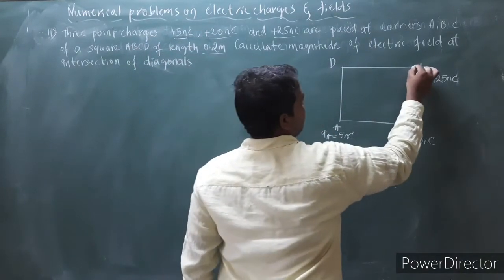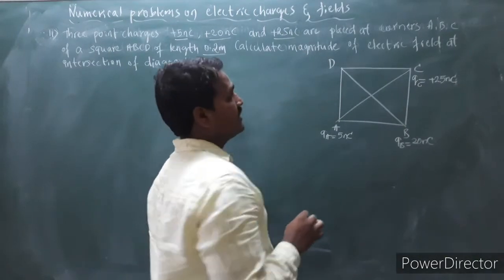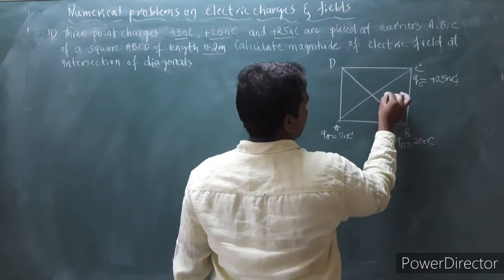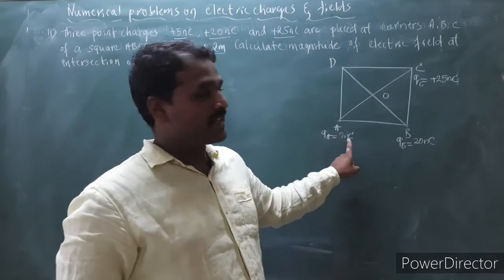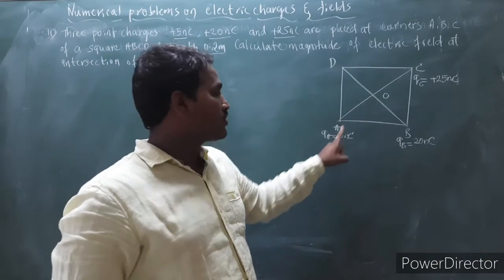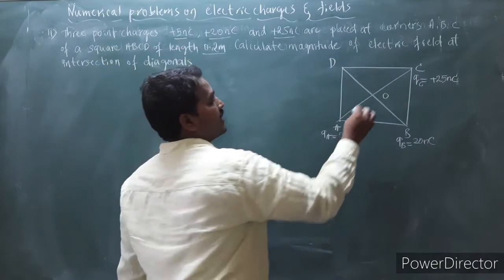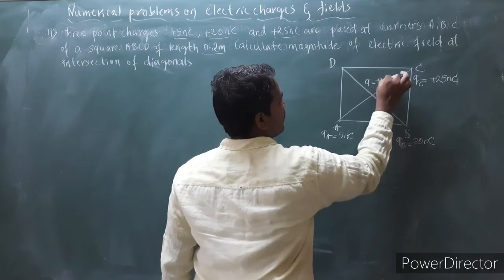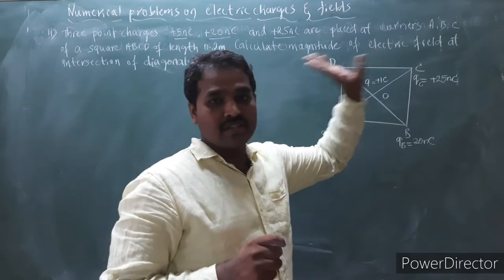Okay, and they have asked us to find out what is the resultant electric field at the intersection of the diagonals, that is midpoint of the square. So let me call this as O here. I have to find out the resultant electric field at point O because of these charges QA, QB and QC. And as usual we shall consider a unit positive charge of +1 coulomb here. Let us mark the direction of electric fields because of charge A, charge B and charge C.